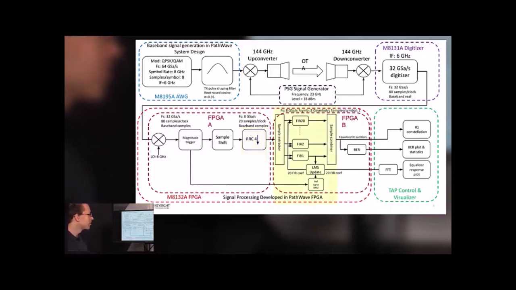with the channel equalizer. The channel equalizer will equalize the IQ symbols, and we send the equalized IQ symbols up to the host PC. We also send the equalized IQ symbols through a bit error rate block that will calculate the bit error rate results, and we send that up to the host PC along with the channel equalizer coefficients. On the PC side, we use Keysight test automation software to plot and visualize the results, and we were able to plot the IQ constellation, bit error rate versus time, and channel equalizer frequency response.